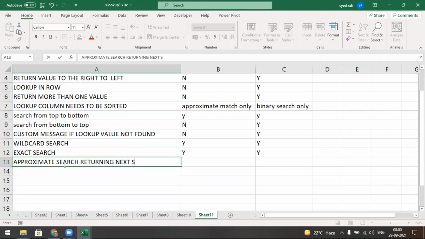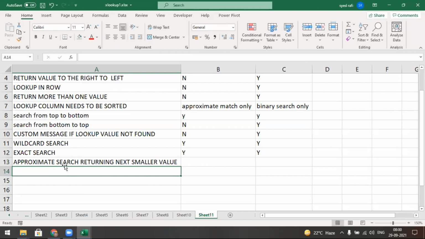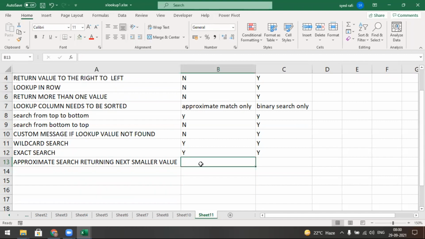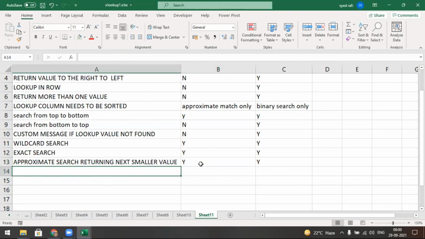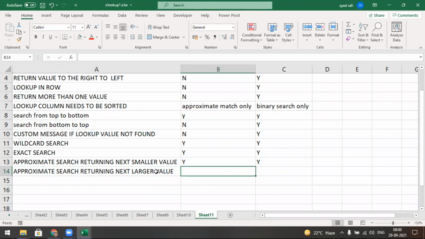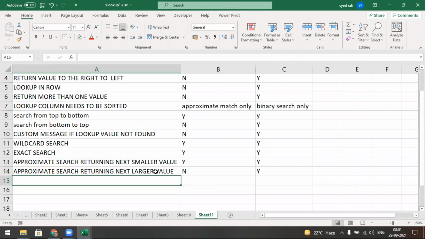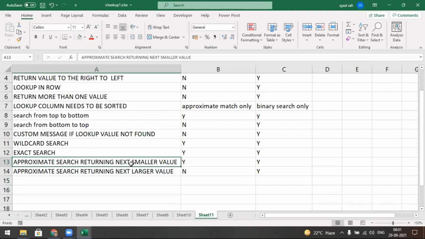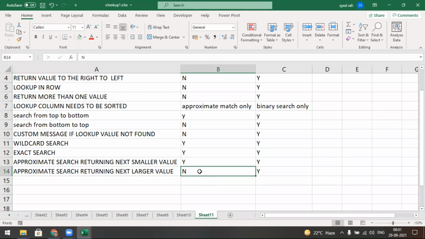Returning the next smaller value: with approximate match, both VLOOKUP and XLOOKUP return the next smaller value. But returning the next larger value is not available in VLOOKUP, though XLOOKUP gives it. By default, approximate match means the next smaller is taken, but next larger is not there.